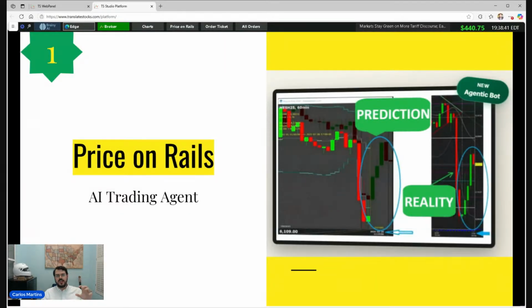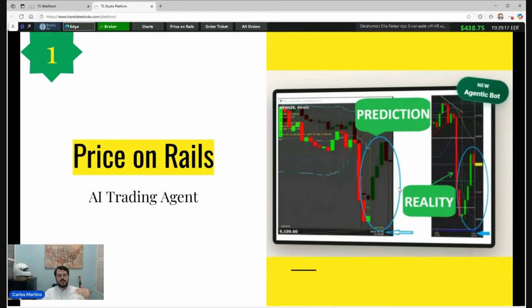And here, a little glimpse of what these things are. First, Price on Rails, number one, the car, the platform, the trading platform. Here we have an image, and of course we are inside the server here, the platform here. I'm doing this from inside the trading platform. So the platform will show you your real-time charts and shadow the prediction, the future prediction, the next 5 bars.